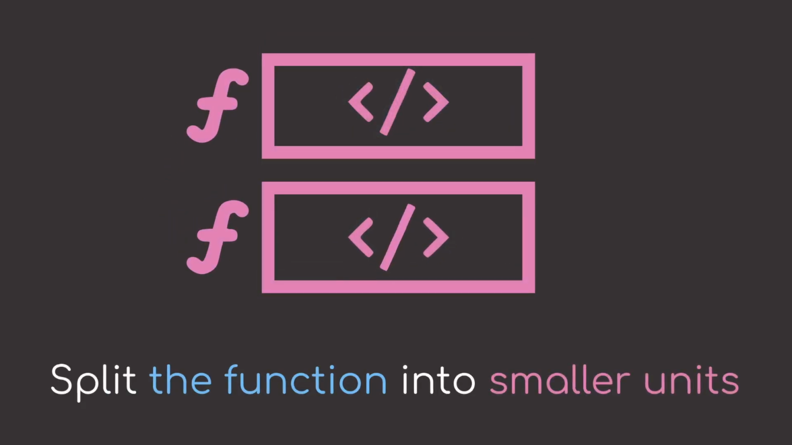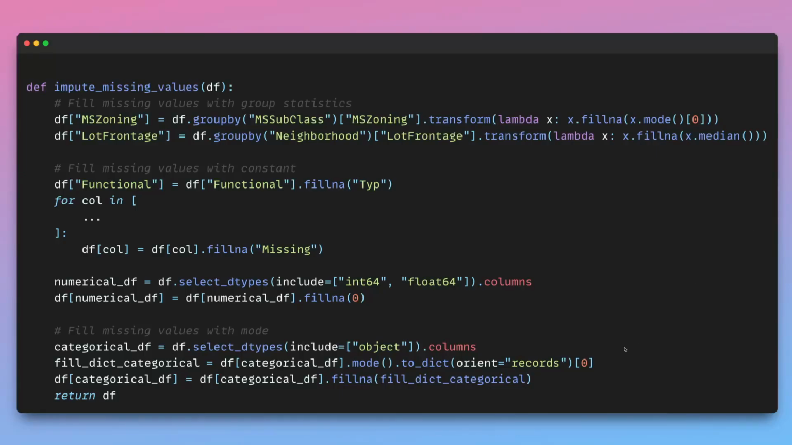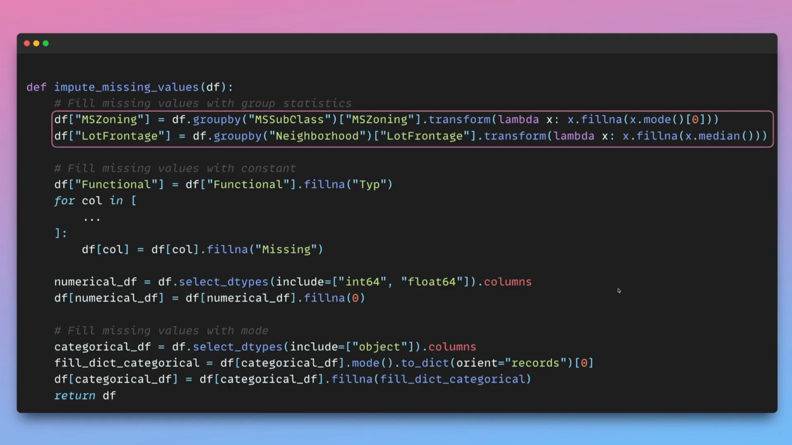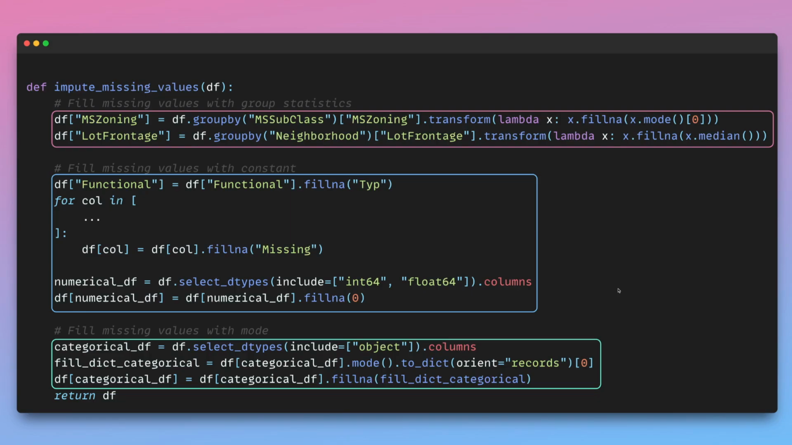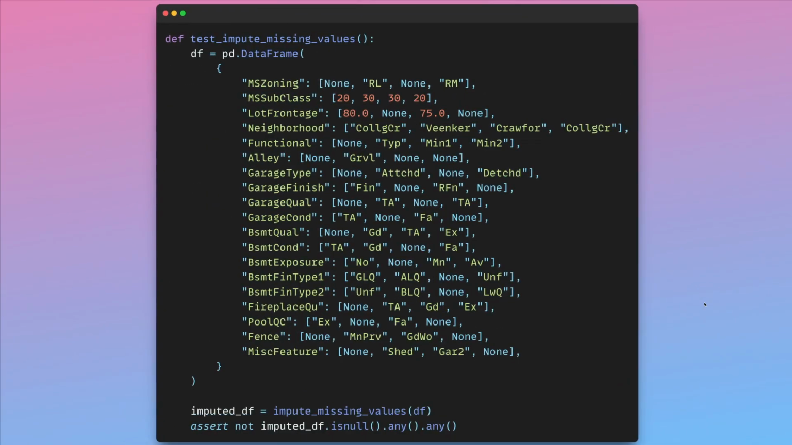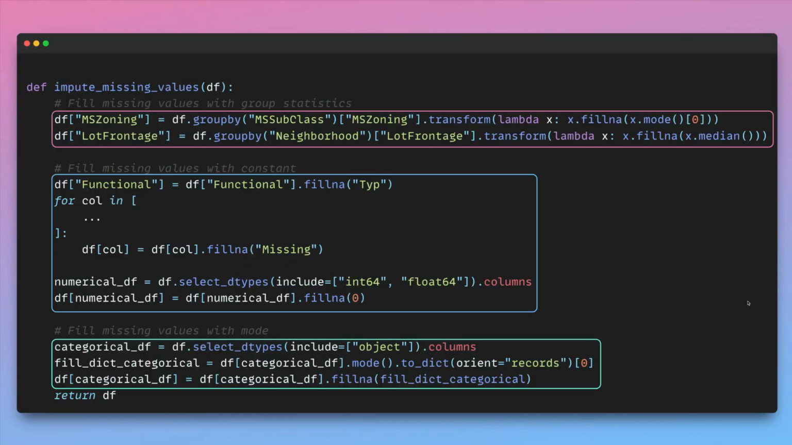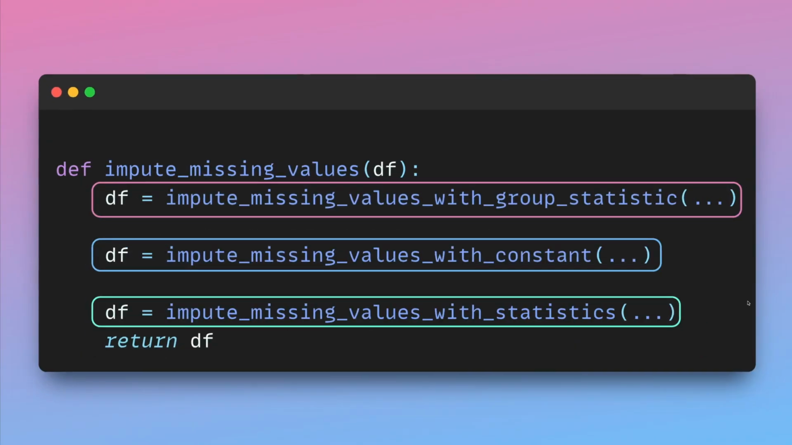The next step in refactoring the code is to split the function into smaller units. The impute missing values function performs various data cleaning operations, including filling missing values with group statistics, filling missing values with constants, and filling missing values with the most frequent value. The combination of tasks can make testing challenging, as it requires a diverse range of data samples covering multiple columns with various values. To address this, we will break this function down into smaller functions, each handling a specific type